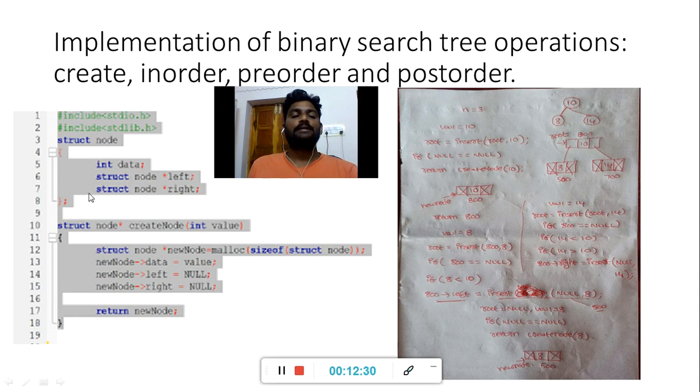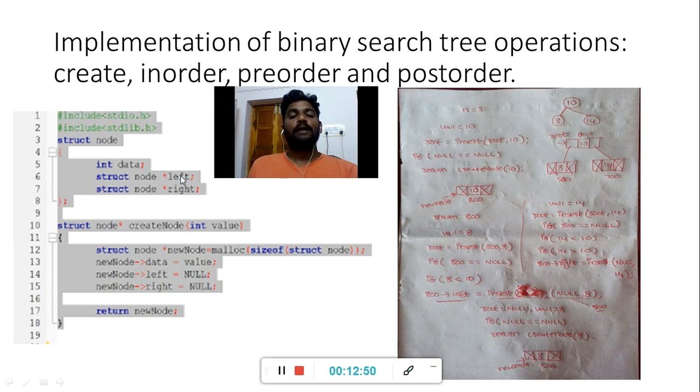For example, let us consider the given code. Here left and right are both pointers, and the pointer type is node. The structure name is also node. That means one of the structure's pointer members points to the same structure, which is called a self-referential structure.